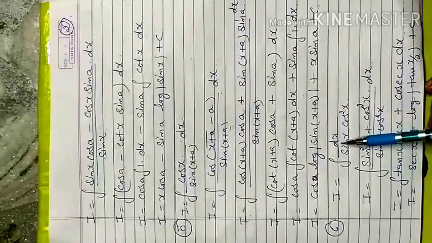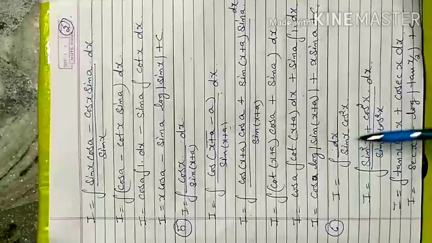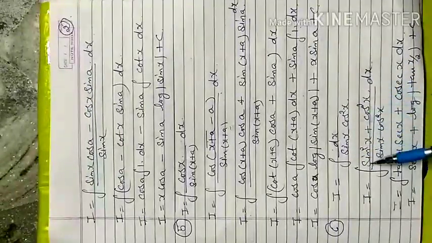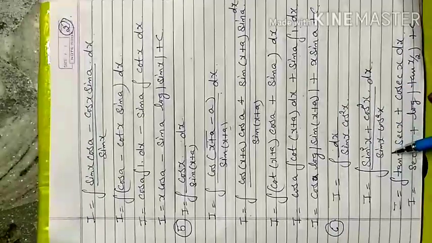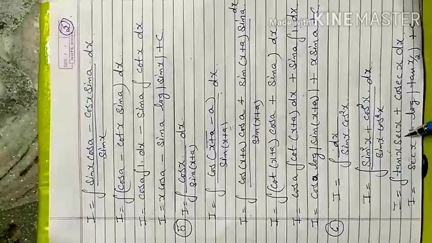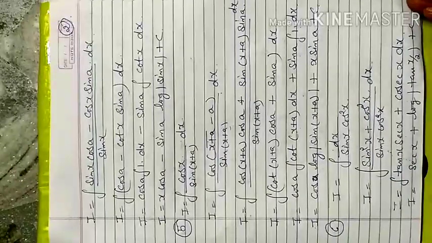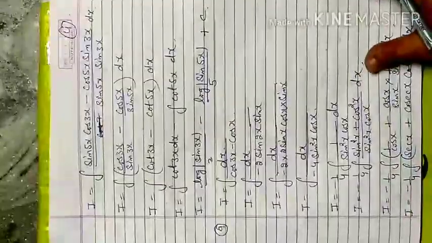Now your sixth question is dx by sin x cos square x. Here 1 is left. First 1 changes to the identity, sin square x plus cos square x. So that is over sin x cos square x, and when you separate the denominator, you get tan x secant x plus cosecant x, and integration, apply the direct formula of integration, secant x plus log tan x by 2.